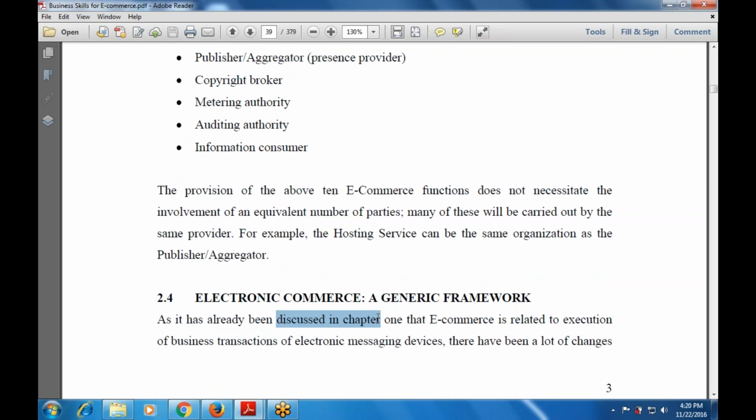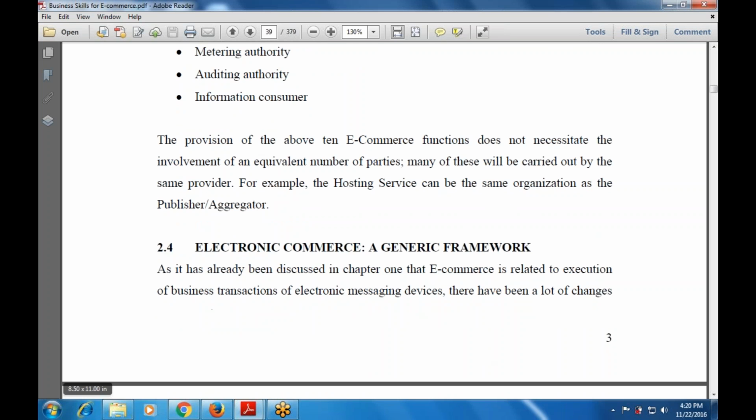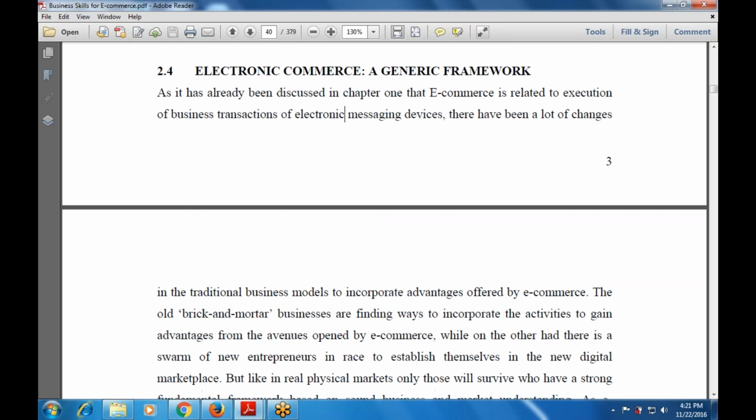So it has already been discussed in chapter one that e-commerce is related to the execution of business transactions through e-messaging devices. There have been a lot of changes. What are the various changes? There are a lot of changes available with e-commerce in the traditional business models